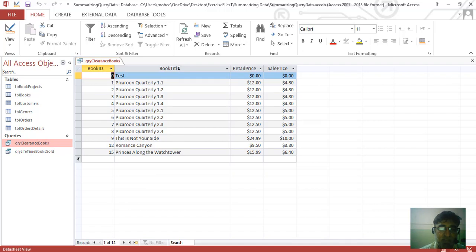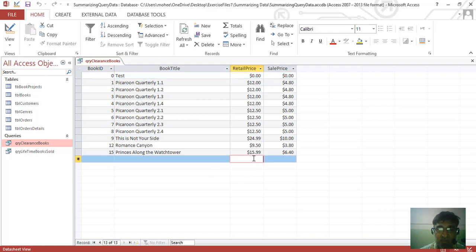As we can see, the data is summarized on the book title and the retail price and then the sale price.